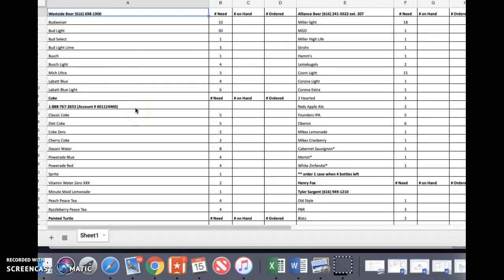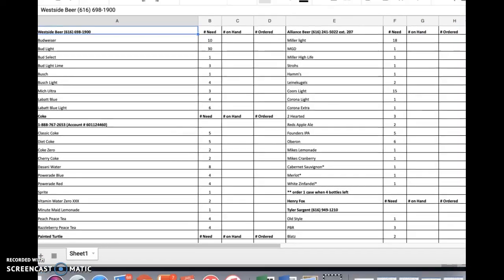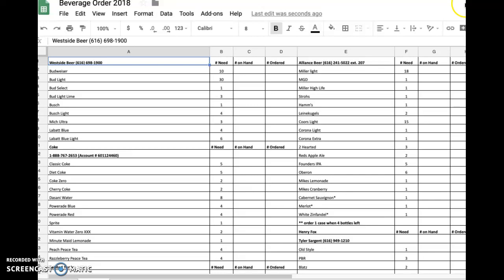Okay, so this is how to take the beverage inventory. This is the beverage order sheet. This can be found in the Google Drive, like everything else pretty much. The way this beast works is